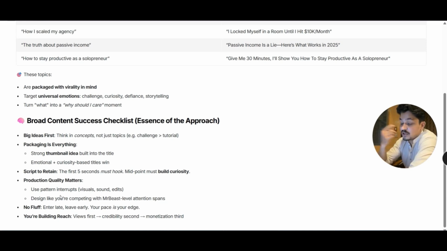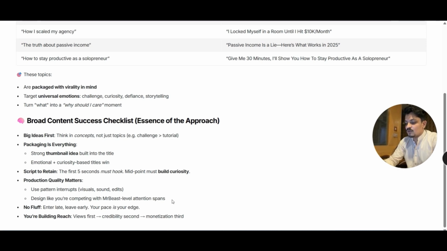Now, as for production quality, it matters, right? Use pattern interrupts, visual and sound edits, design like you're competing with Mr. Beast level attention spans. Now, execution wise, you can think of Mr. Beast, because the execution is really, really good, right? If you are watching his videos, you are literally hooked. So just make sure that your whole video is creating that sort of effect on the viewer,